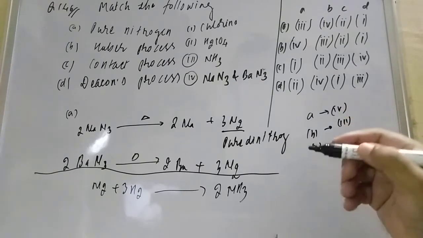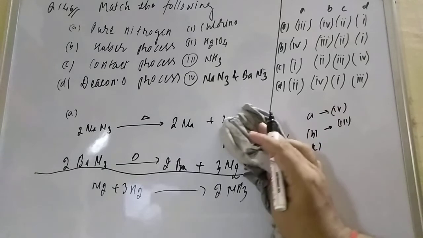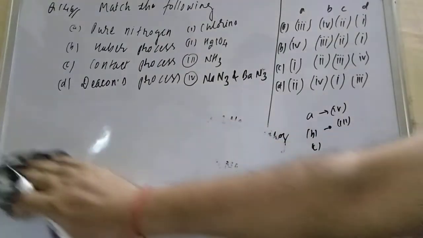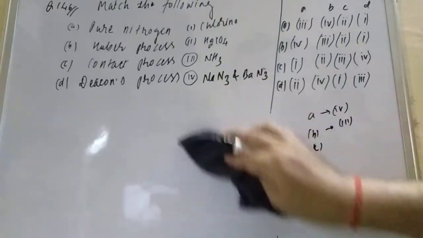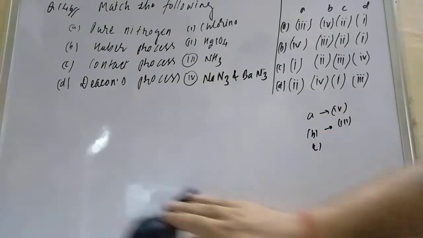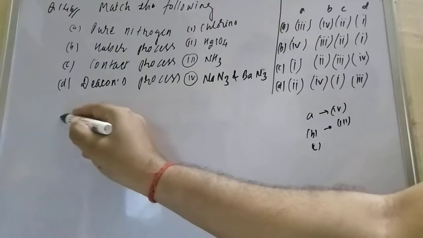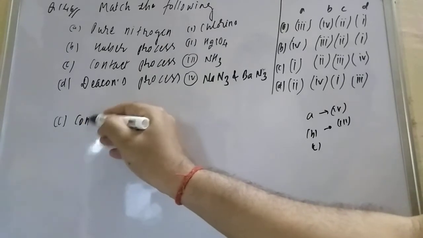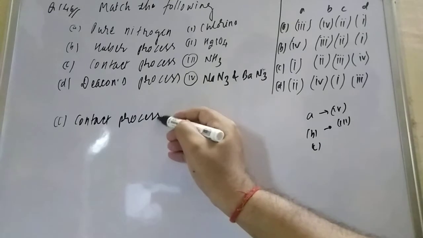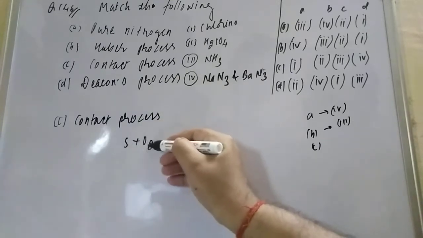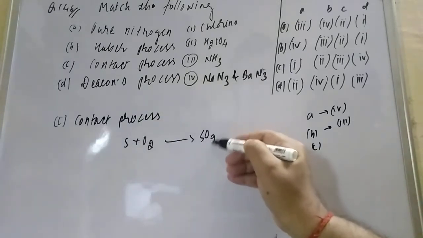Now you say the contact process. Contact process I told you, student, is the preparation of sulfuric acid. So how we prepare the sulfuric acid, student, that you know very well, that firstly you heat the sulfur, so you get the sulfur dioxide. Okay, so that is C number. I have explained a little bit the contact process. What is contact process, friend? Firstly sulfur you are heating, so you are getting SO2.